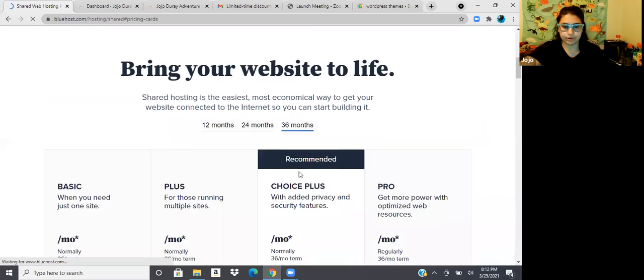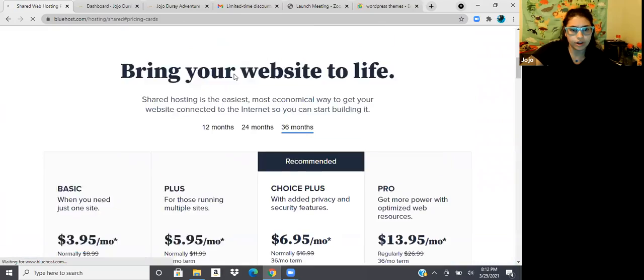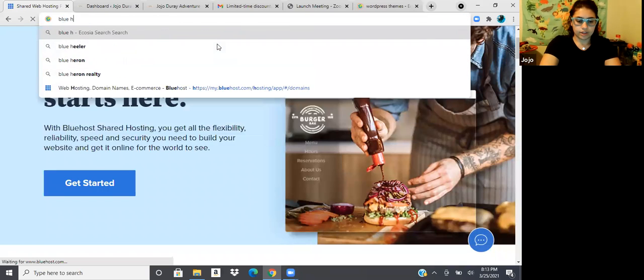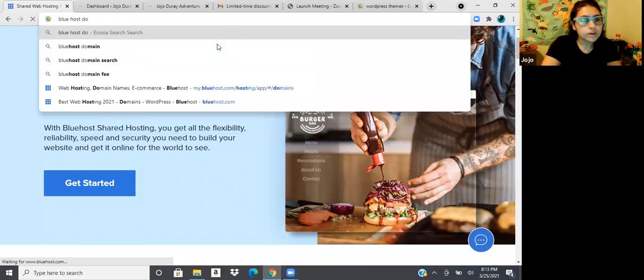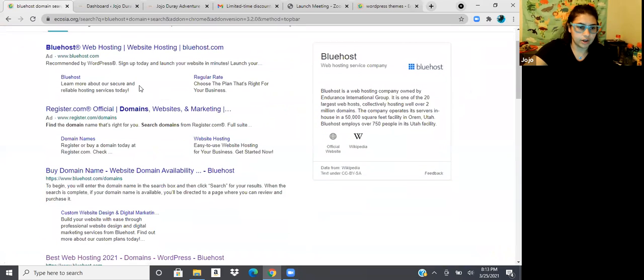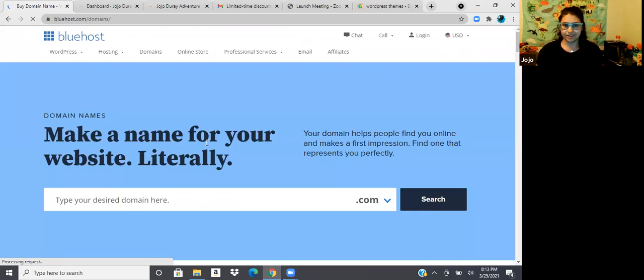If you go on Bluehost, there's different ones that you can choose, but you can look up, as you're choosing names, Bluehost domain search, and it's going to bring you here where you can type in and get an idea of whether that domain is available or not. Because it's always the pitch when you go on and you're like, I love this name, this is my blog name, and it's not available.